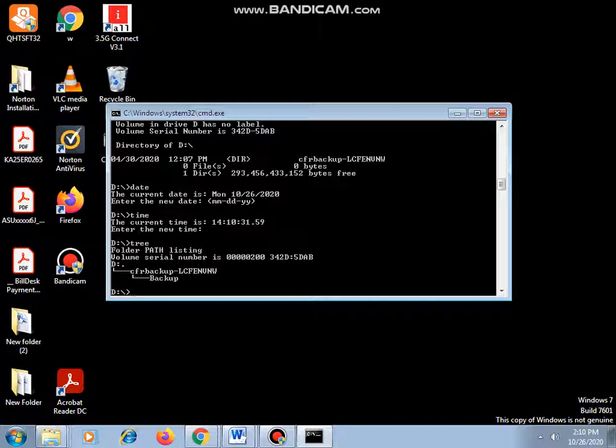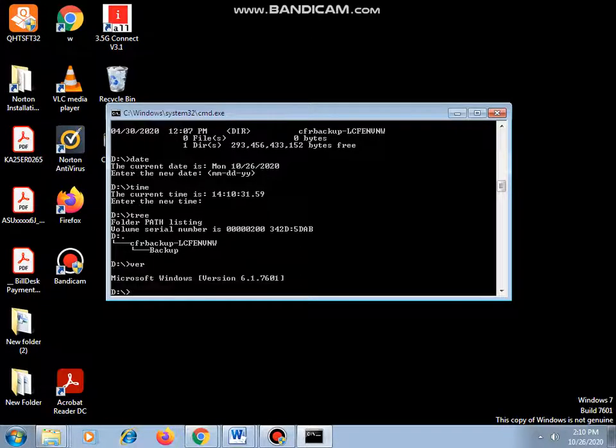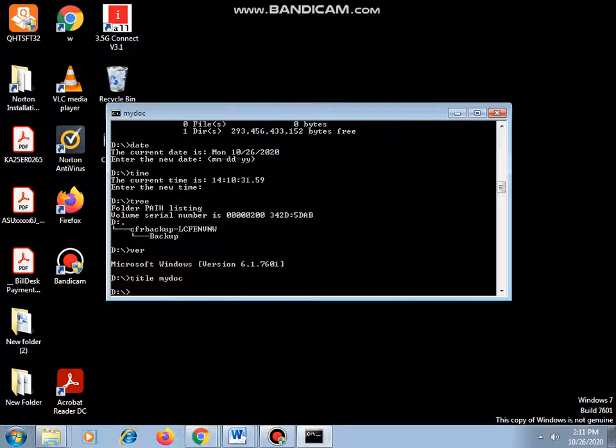I can display the version of the operating system by using this command, ver. We can change the title of the prompt by using title. Now you can see that the title is changed. You can change the color of the prompt by using this option.